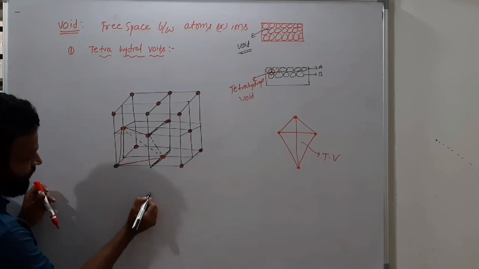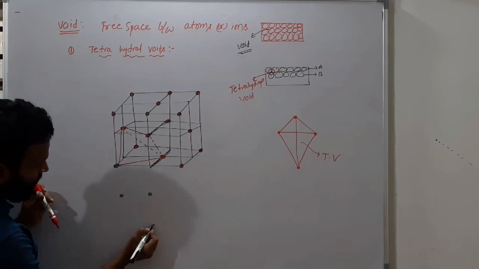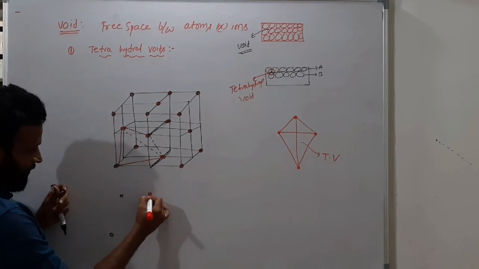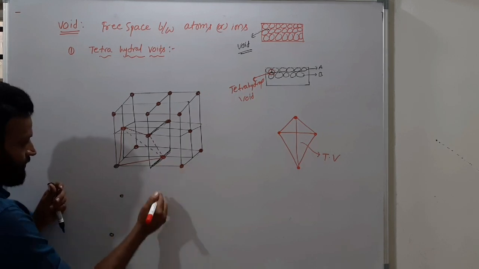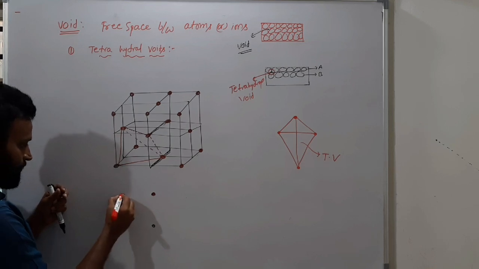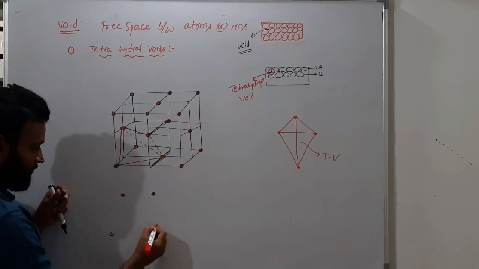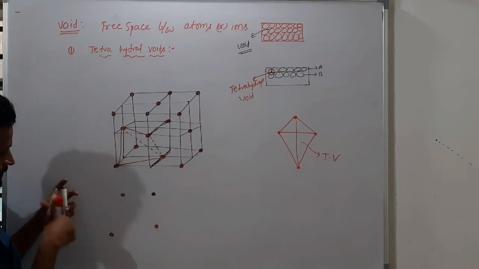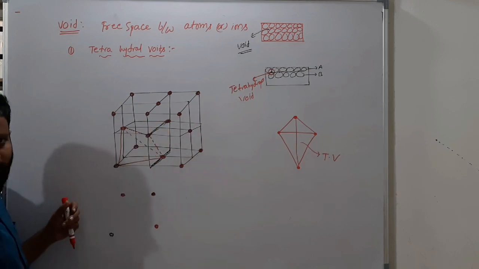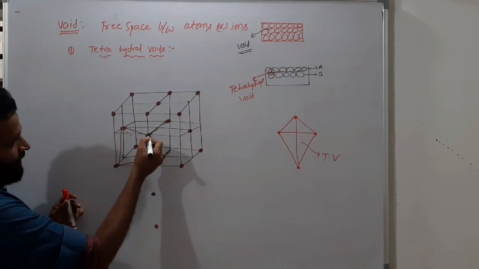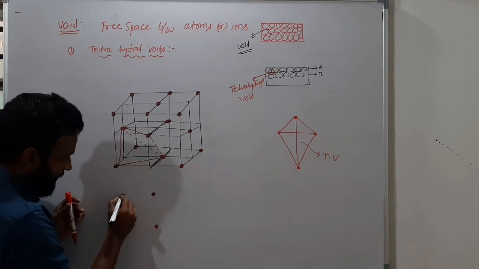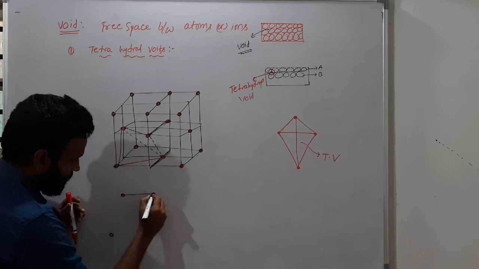So what you have? 1 and 2 and 3 and 4 like this. Getting? So here you have red color, better to have like that. So 1 and here you have a 2 and here you have a third one, and this one is black. So these 3 are face center only. This is face center. Here you have a body center. Able to understand everyone? So here you have face center atom, face center atom, face center atom, and this is corner atom. So with these three, you have like this.